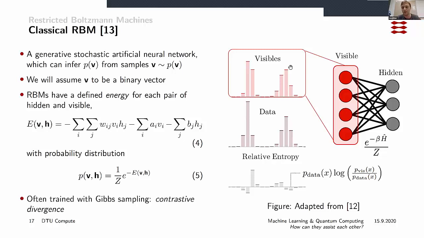This Boltzmann machine right here is, as I said, a generative model. The way that it's trained is through something called Gibbs sampling, a specific type called contrastive divergence. And Gibbs sampling in itself is actually quite computationally hard to do on a classical computer. You have to do all kinds of sneaky tricks, for example, Monte Carlo sampling. And this is where, at least the idea is, that quantum computers can come in and help, where some of these computationally hard tasks lie.